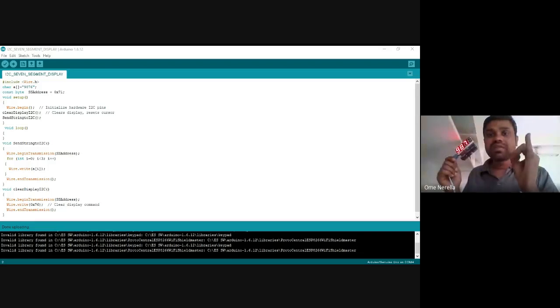After that Wire.beginTransmission, Wire.write, Wire.endTransmission. These are the 4 function calls for I2C based applications. Are you able to follow?